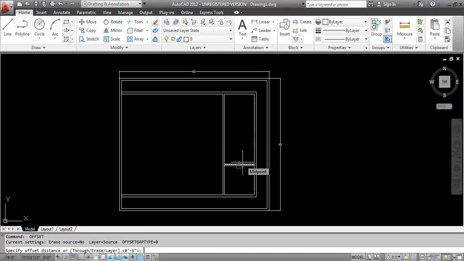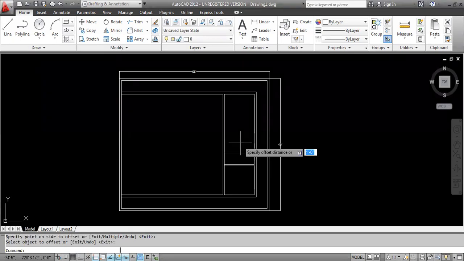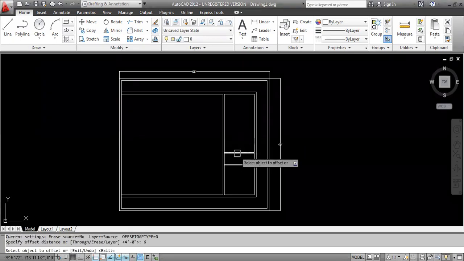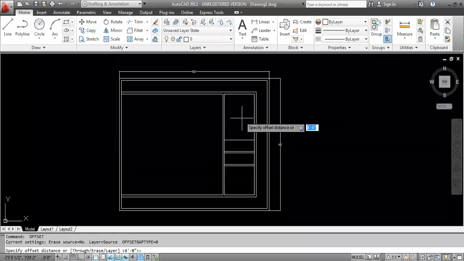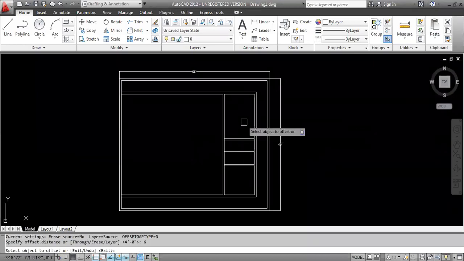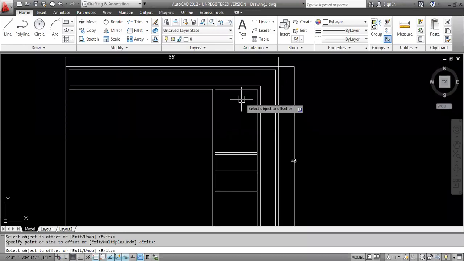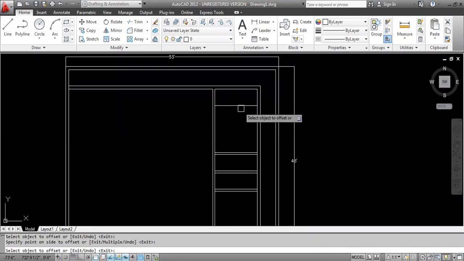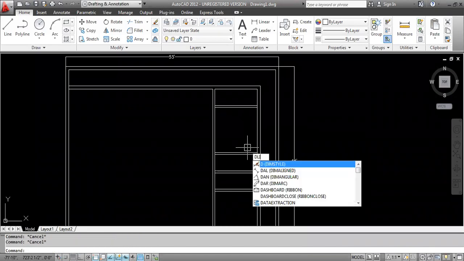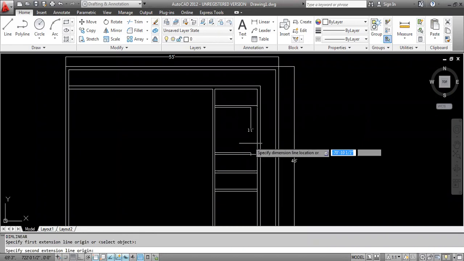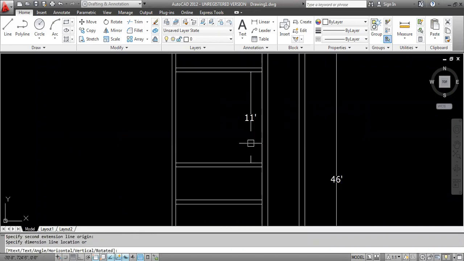Again 4 feet 6 inches, 4 feet 6 inches. Now here I am giving again 4 feet 6 inches. You have to check this room size, 11 by 11.